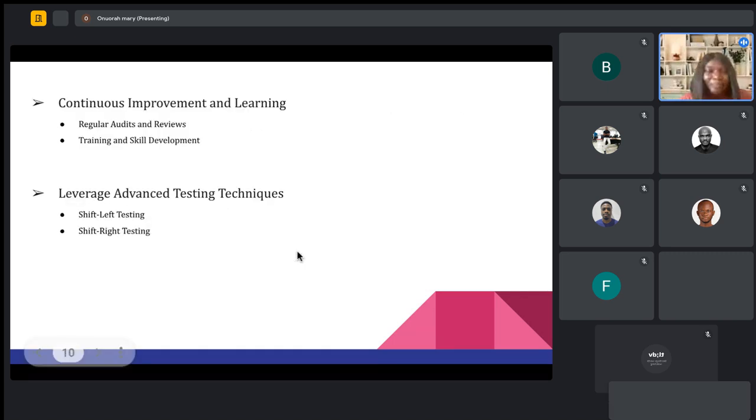So yeah, the next one is continuous improvement and learning. One of the strategies you have to keep in mind is continuous improvement. So it's very important to encourage collaboration and conduct regular reviews among your teams, be it the developers, the testers, or the operations team.